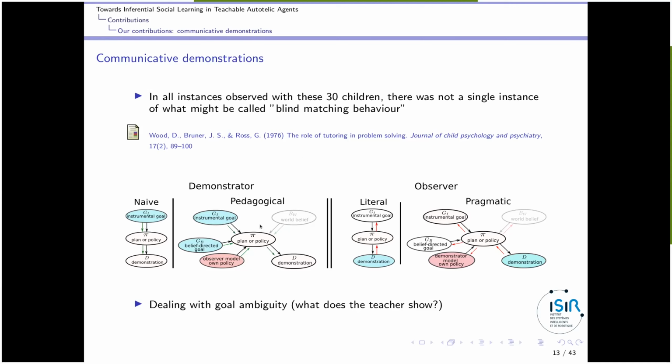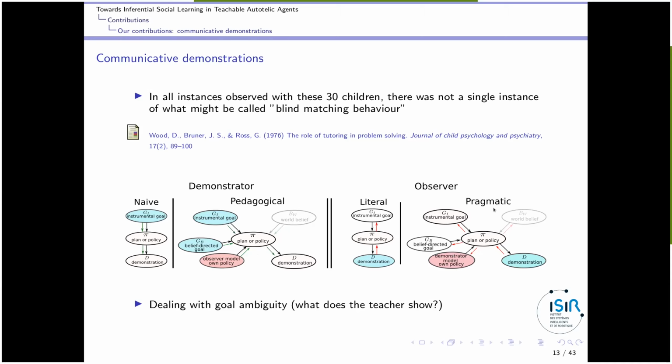To account for that, we took two different types of demonstrator and two different types of observer. We have the pedagogical demonstrator that I've shown you. We could simplify a few things because everything was observed in our case, so we did not need any belief. And an important simplification is that instead of inferring what to do based on the model of the observer, the demonstrator was determining what to do based on its own policy. It didn't have a model of the other. And the same for the observer: it was interpreting what the demonstrator was doing based on its own policy instead of a model of the demonstrator. Those are simplifications.